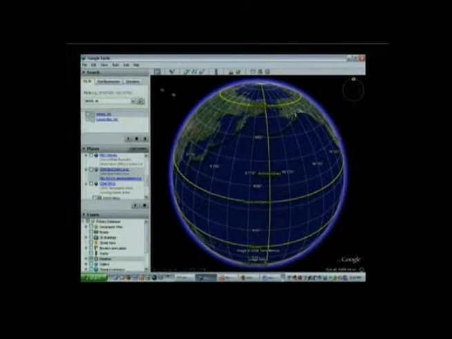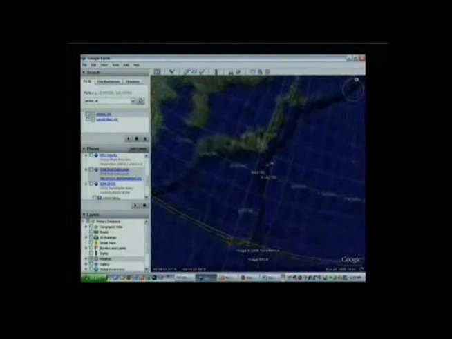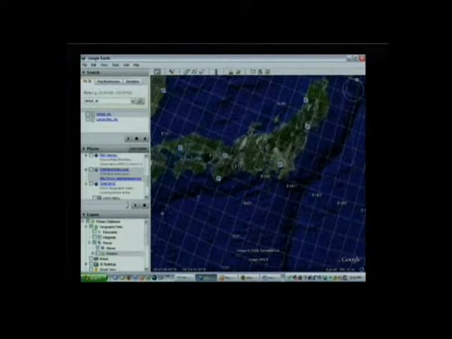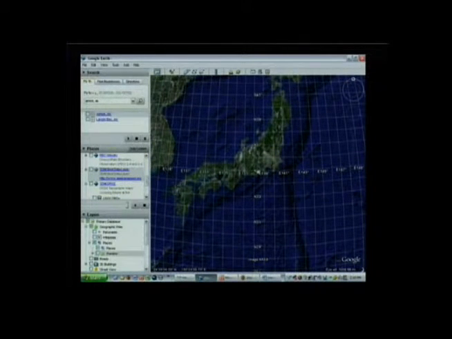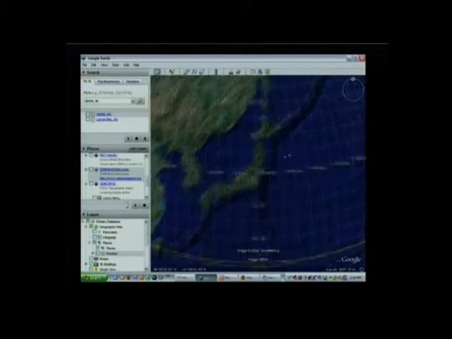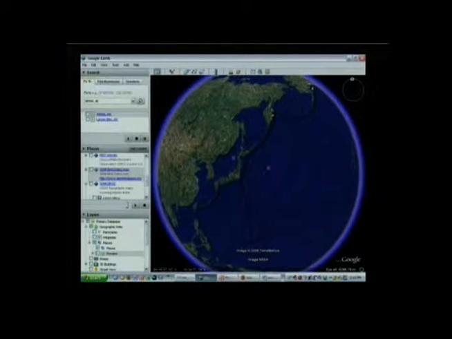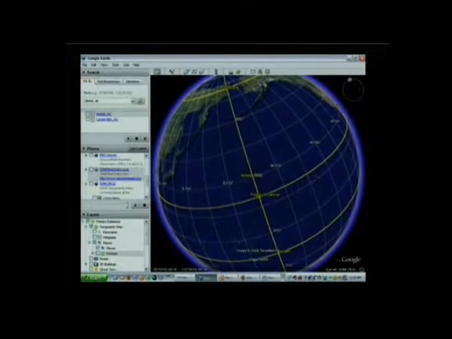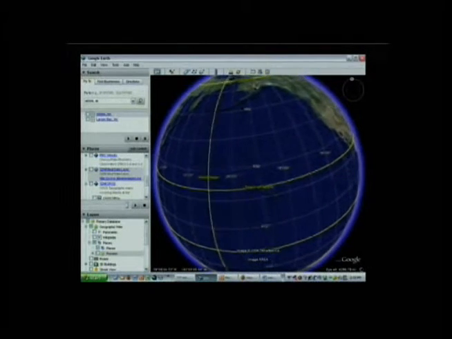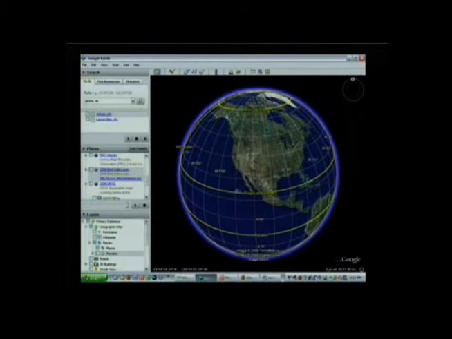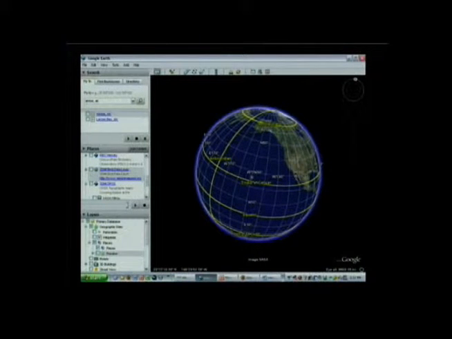But something that's kind of interesting with the measurement tool here, and I'll click it back off again in a second. If we zoom in here to Japan over here, and let me click on places here, and I'm going to click this off. I wanted the names to show up. Not sure why it's not. But I was looking for Tokyo here, but it is roughly in this neighborhood right here. And if we were to follow this all the way around to the U.S., it would roughly be the same latitude as Washington, D.C. is. So if we were going to measure the distance between Washington, D.C. and Tokyo, see if we can do this here,